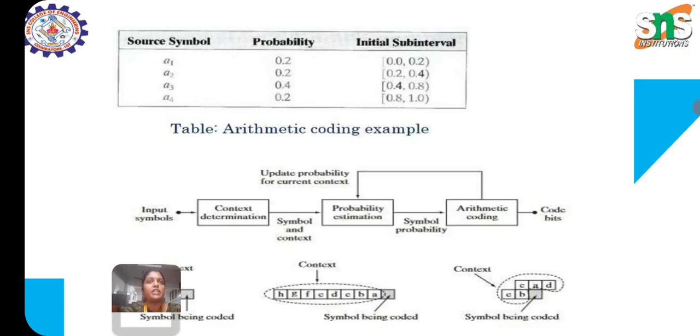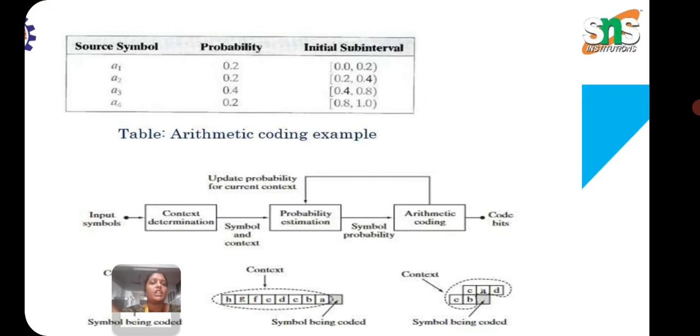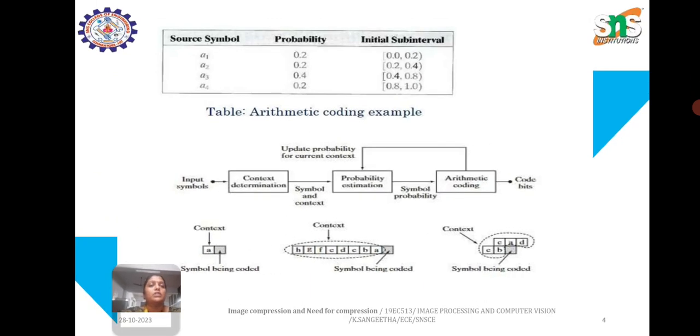So the final encoded value can be any number within the final interval 0.21312 to 0.2144. For example, a valid encoding for India would be 0.2135. So for the decoding process, to decode the number 0.2135, it starts at the interval 0 to 1, and the final value 0.2135